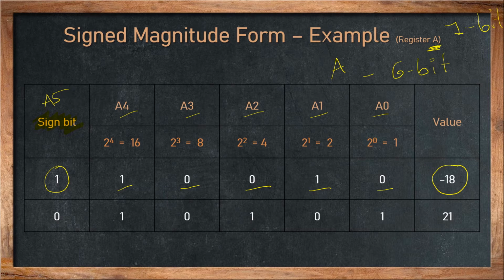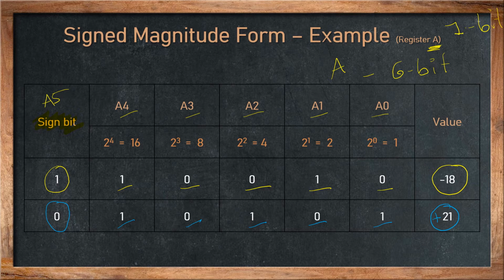In a similar way, here I have 21. 21 is a positive number, but before that I need to convert 21 into binary, and the binary for 21 is 10101. And because this is a positive number, you see, in decimal we normally don't put the positive sign, but we consider that a number without a sign, or unsigned, is always positive. So here we are considering this as my plus 21, and for a positive number we have the 0 sign bit.